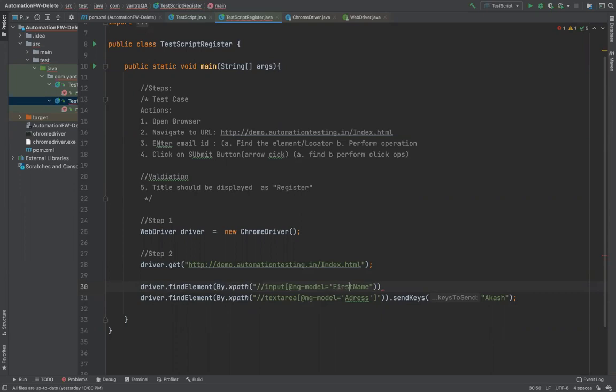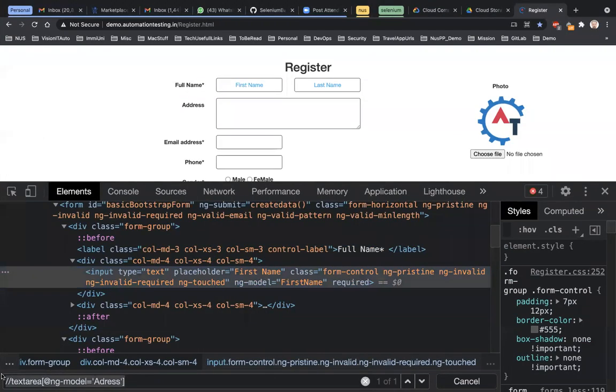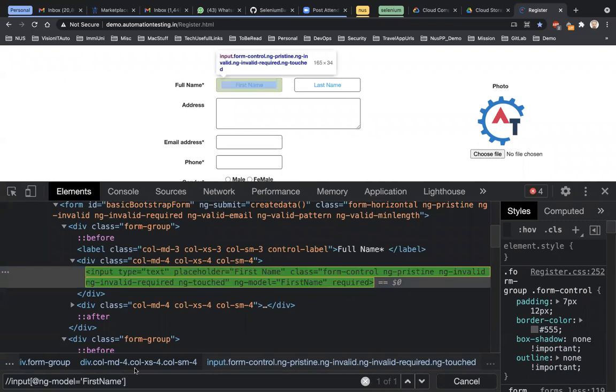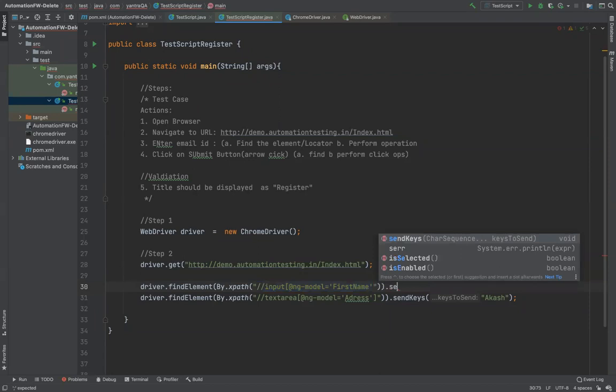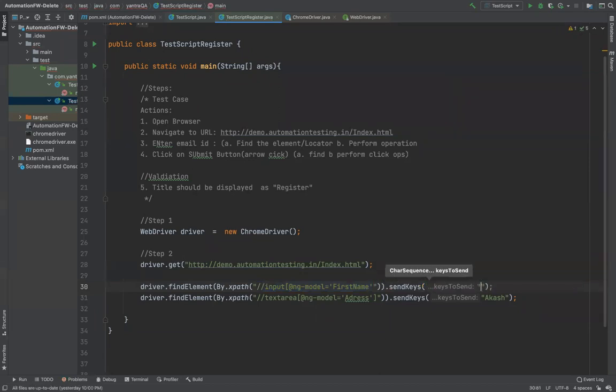By the way, you should not do it this way. You should write the XPath in the browser and then check whether it is right, and only then copy it here. So I'll just remove this and put it here. What it is showing me, nothing. So I'll just say, yeah, so this is giving me my first name. That means this is correct. So I will just copy this here, and I've already copied it here. So I'll just say I want to send keys here, and I will say Akash, and that is how I will write all my statements.